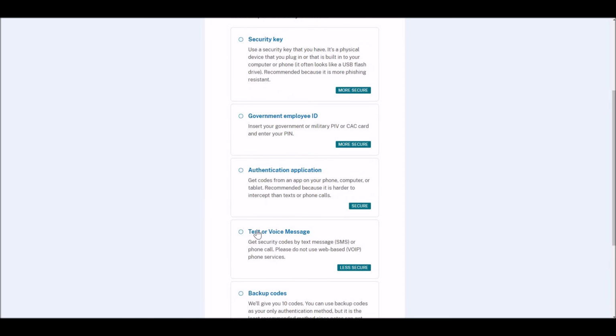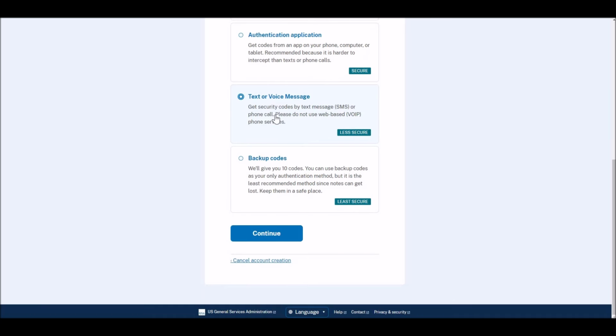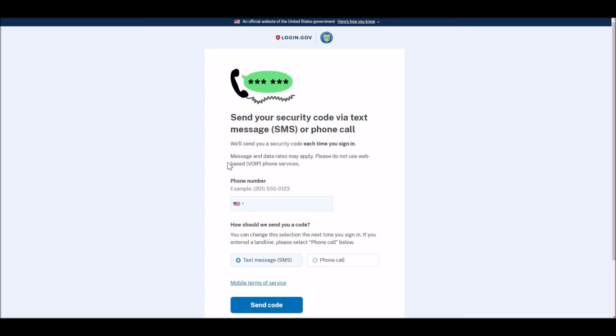So for the sake of convenience, one of the easiest solutions is to use a text or voice message here. And we're going to click that and move forward with clicking the button for continue. And here is the box to enter in a phone number to receive a text message or a phone call to provide an authentication code.